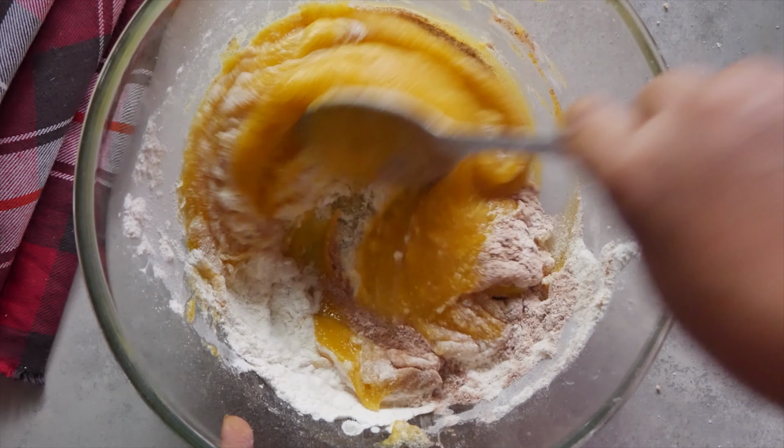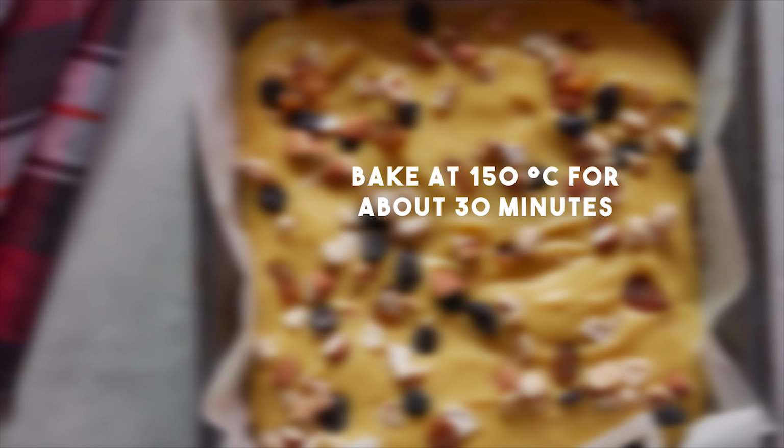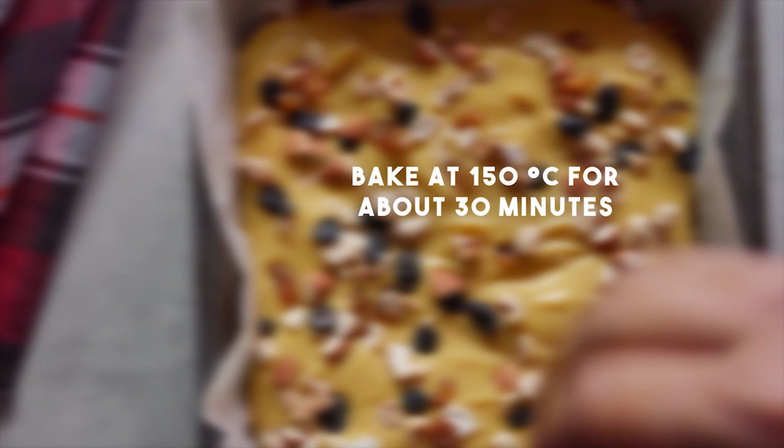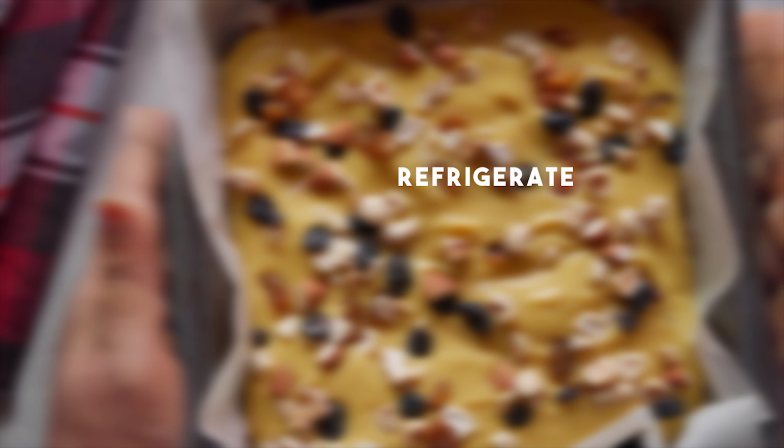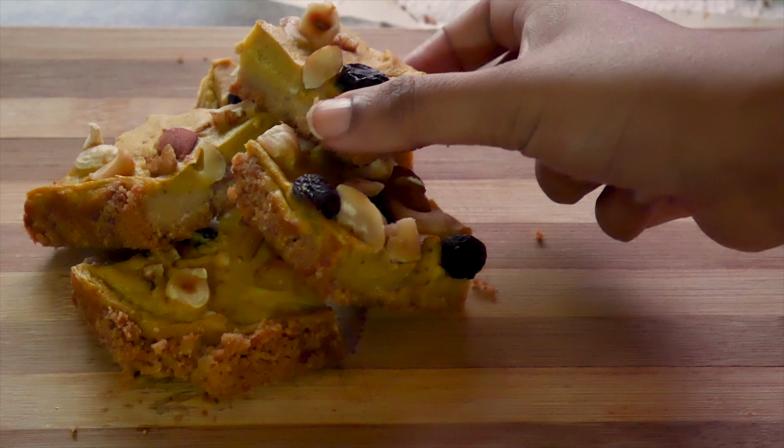Mix everything together well. We pour on top of the prepared biscuit base. Sprinkle the nuts and dry fruits and bake again at 150 degrees Celsius for 30 minutes. Allow it to set even in the refrigerator and firm up nicely before you cut it into pieces and serve